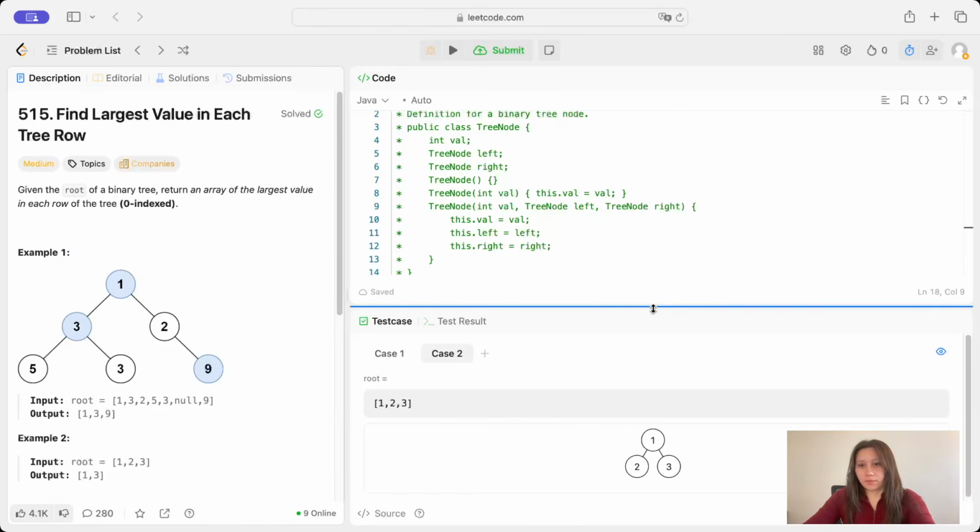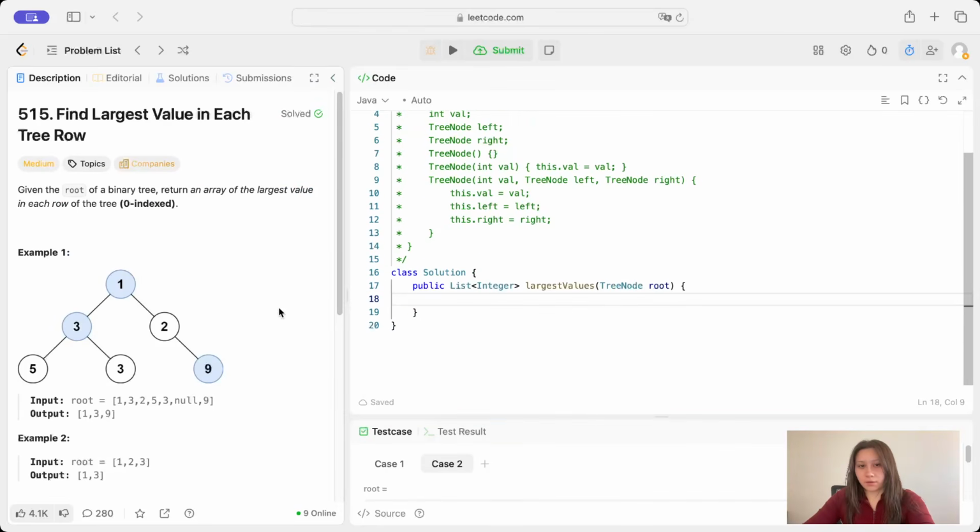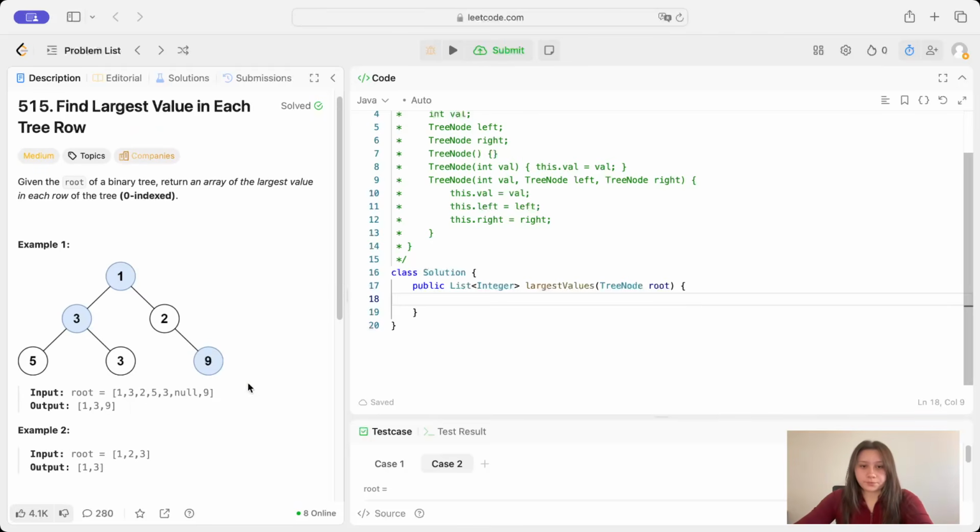So basically in our algorithm, we're going to be going through each row in the tree, and add each row into a queue and just have an updated max value as we loop through to check which value of which node in that row is the greatest, if that makes sense. So